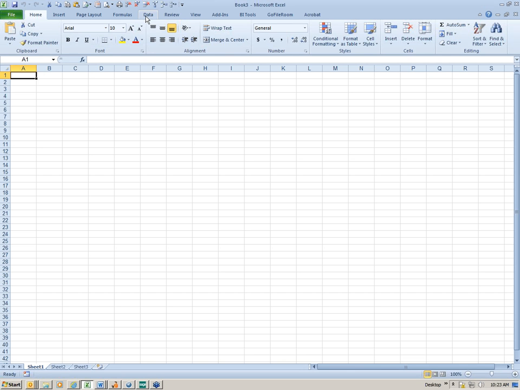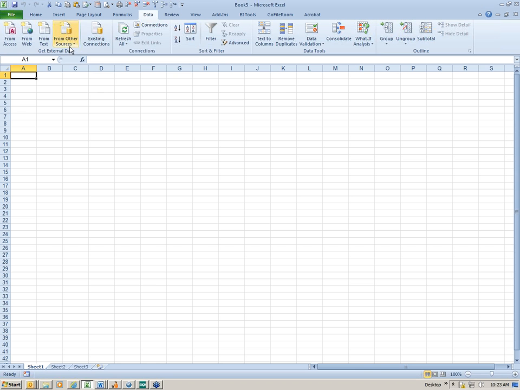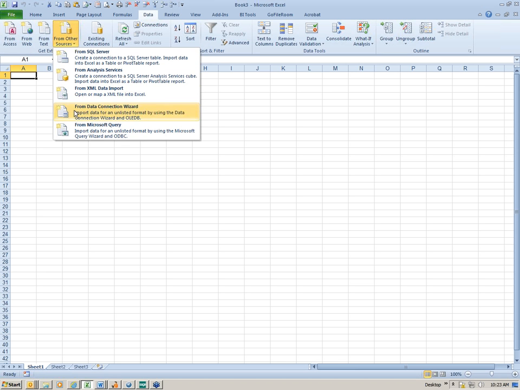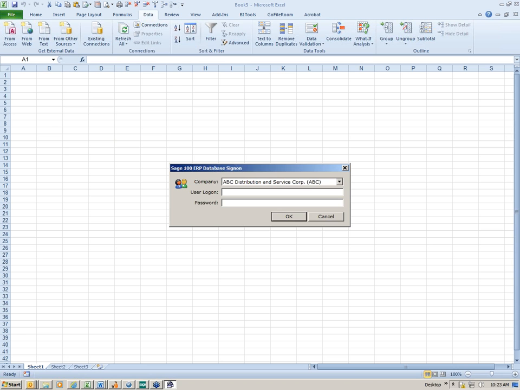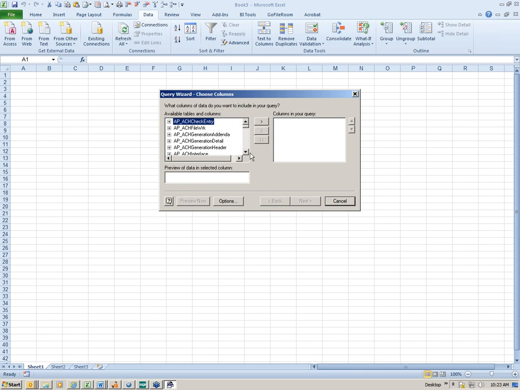So if I come in here and I go to my Data tab, and I choose From Other Sources, and create a Microsoft query, I'm going to come down and choose my SOTA Mass 90, click OK, and I'm going to log into my system here. What this is doing is giving me access to my tables. So once again, I'm going to choose that vendor master file table, scroll down,